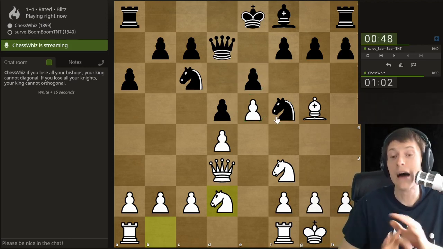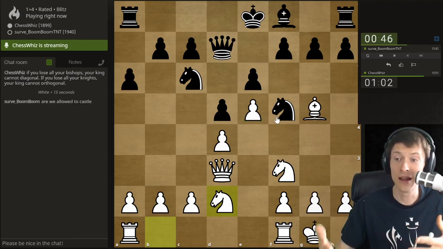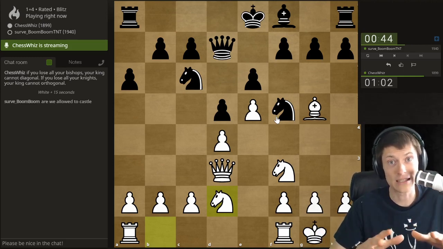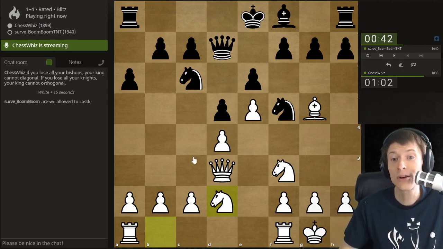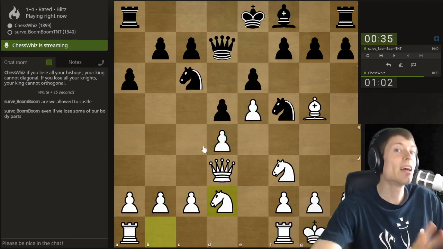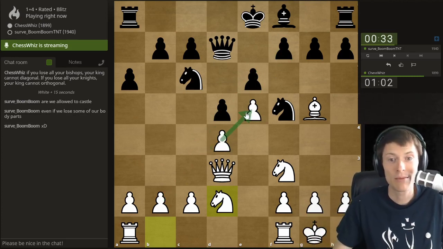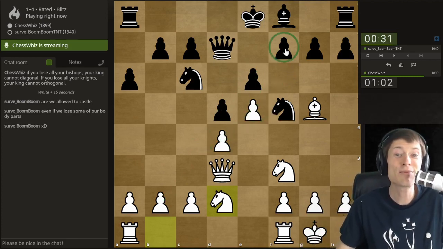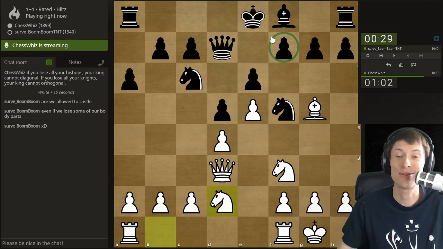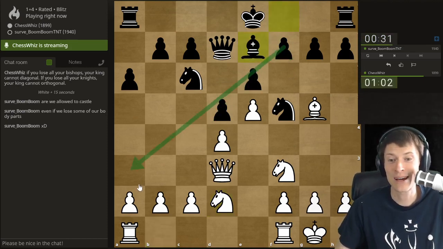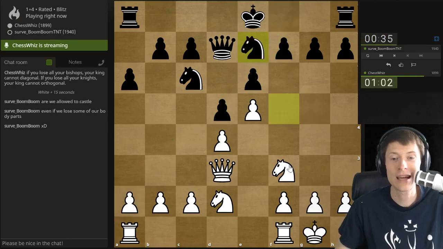Now the rule of thumb for extra space, there's different rules of thumb. Like for life, do things you don't want to do. For space, the rule of thumb for space is look at which way your pawns are pointing, which for me is like this, and for him is like this. And then attack that way. That's the rule of thumb. So for me, I'm going to attack this way, which just happens to be right where his king is, so that's pretty perfect. And his rule of thumb is to attack over here where there's nothing good, so that's great for me too. Okay, so kings can't move diagonally.